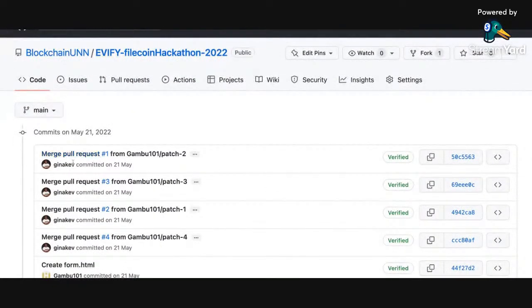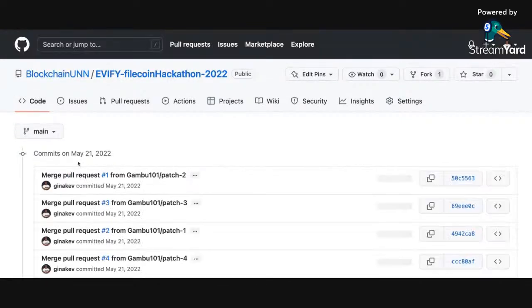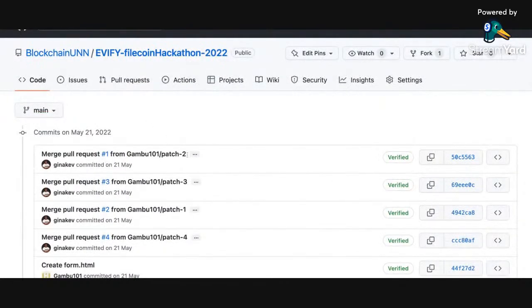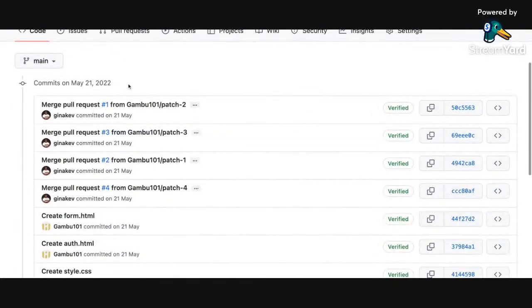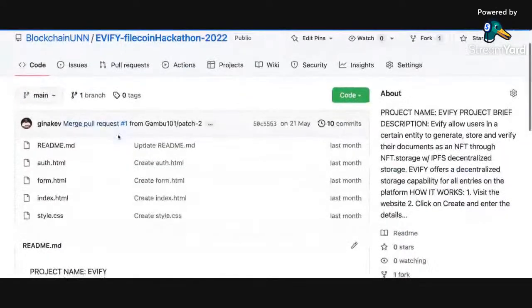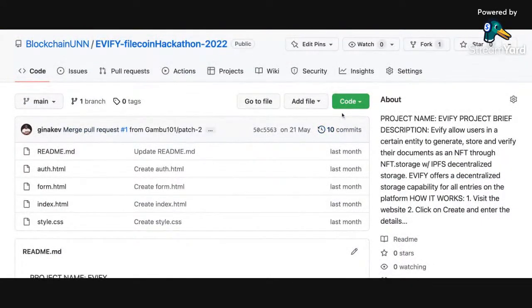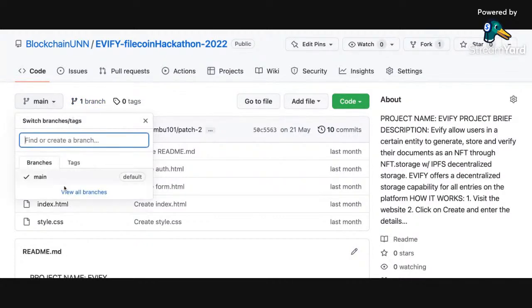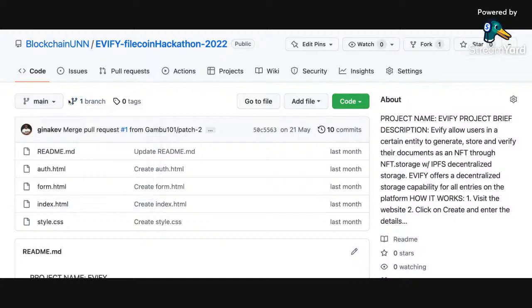This is a merge pull request that I did from Gina Kev. That is my account. If you want to follow me on GitHub, go to github.com/Gina Kev, and you find me right there. These are commits. These are things I've done, saving things, working on things on this GitHub account. That's the meaning of commits: saving your work into the branch. This place tells you that we have just one branch, which is main. If there were more branches, you would see many listed here, but we have just one. Up here too, it tells you that we have one branch.